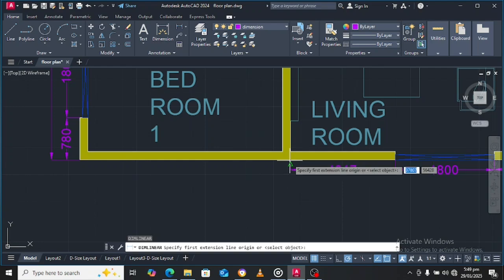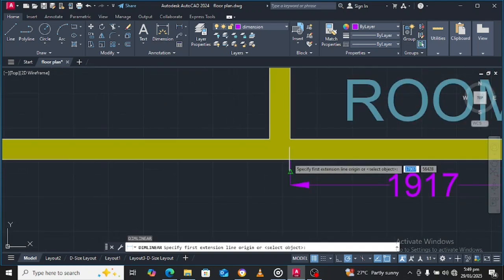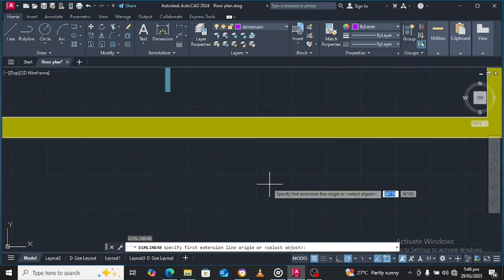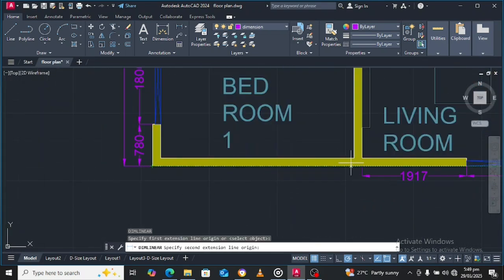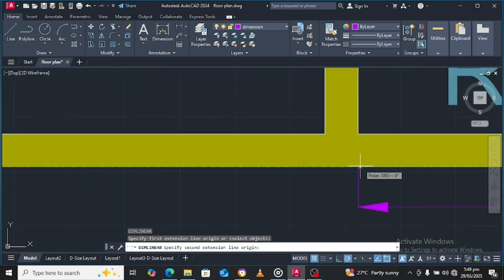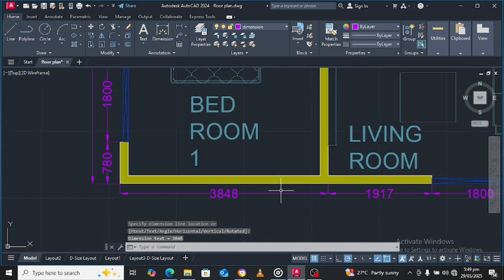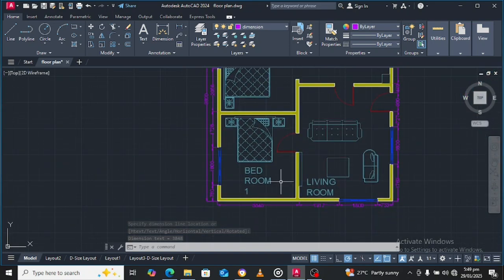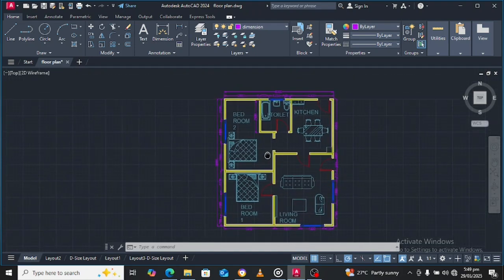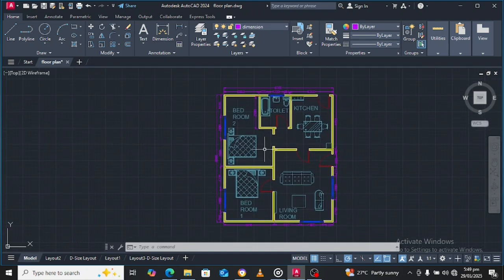Enter. There, there, like that, and we are done with our dimensioning. We are done now with our dimensioning. Let's go back to our... we are done with our dimensioning. So